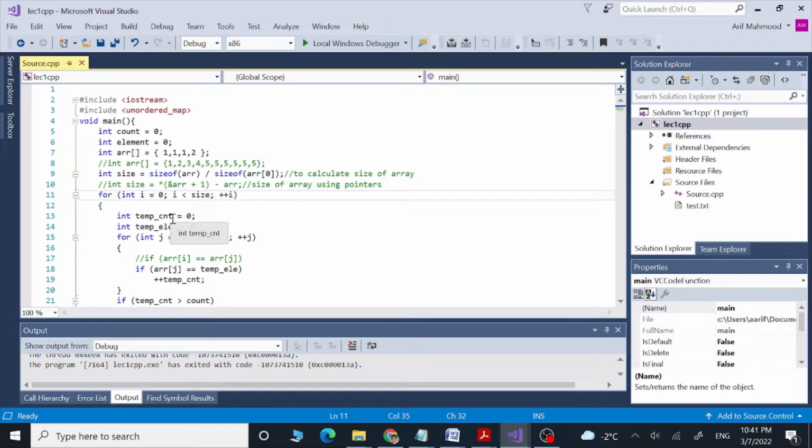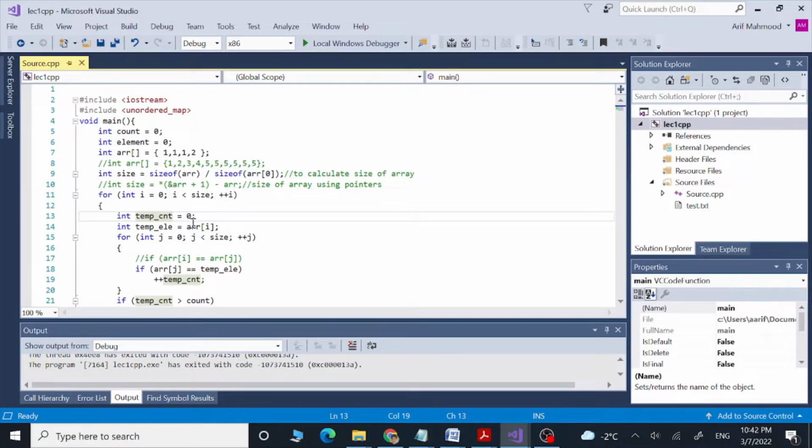After that we have defined inside this for loop the local variables, which are the temporary count and the temporary element. We are going to use these inside our for loop, and these are going to give us our temporary count and element once this for loop runs over the whole array.